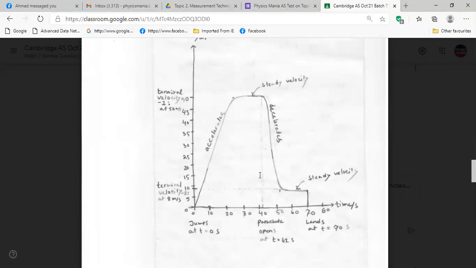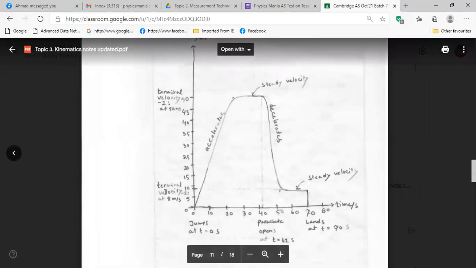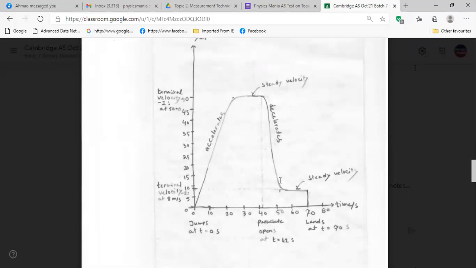Then when the parachute opens, the parachute is a big thing, so suddenly lots of air resistance is working together on the parachutist, and the deceleration is huge. You see, within 50 seconds the speed reaches very low,